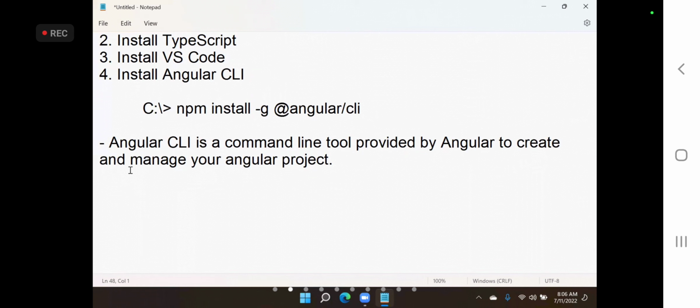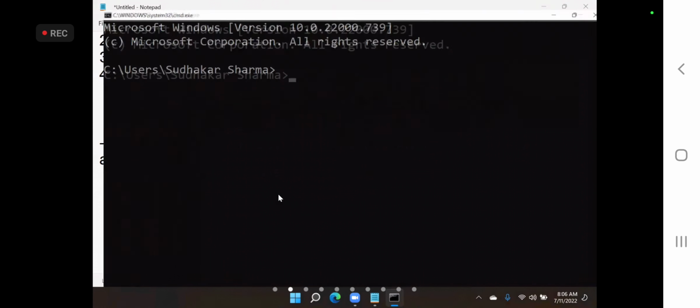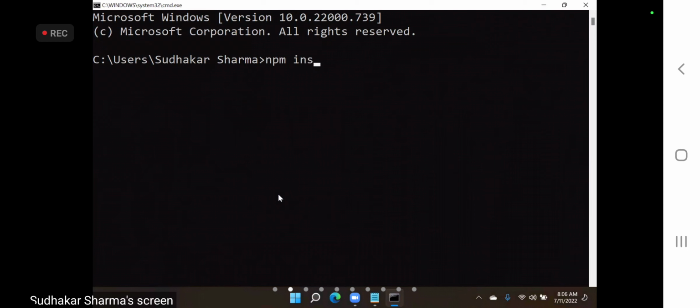For that, we need to install Angular CLI globally on your PC. So open the command prompt, and in the command prompt, you have to use npm install globally Angular CLI. You just have to run this command.